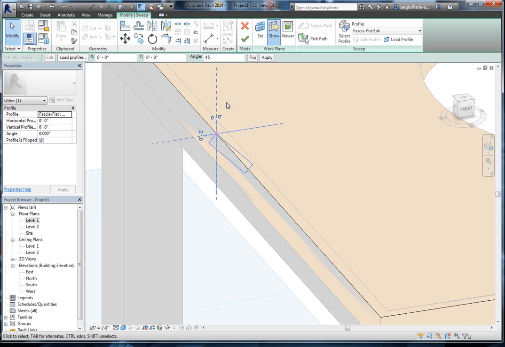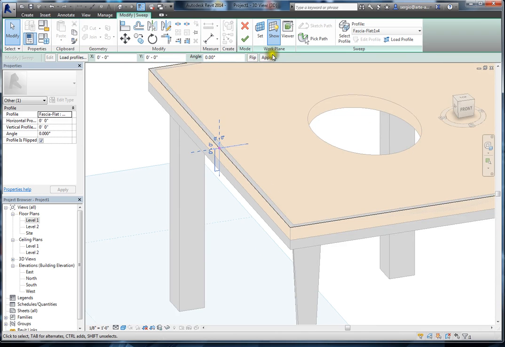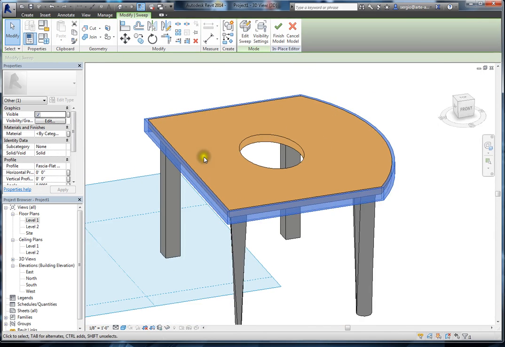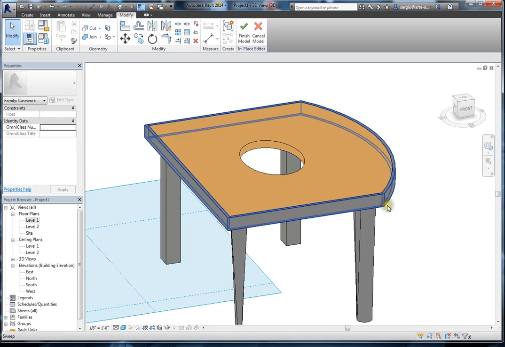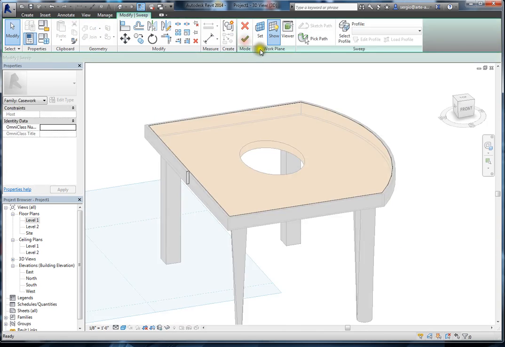Let's say 45 degrees. Notice how that shape changed, and if I flip it to this side, it flips about that angle. If I change this to 135 degrees, well, let's try 270. Okay, we can try different angles. I'm going to go back to 0 and flip it in this direction, so that when I hit OK, now I have my sweep going on the outside of my table edge, and that's what I wanted there. See that? Okay, so that's using a sweep with a predefined